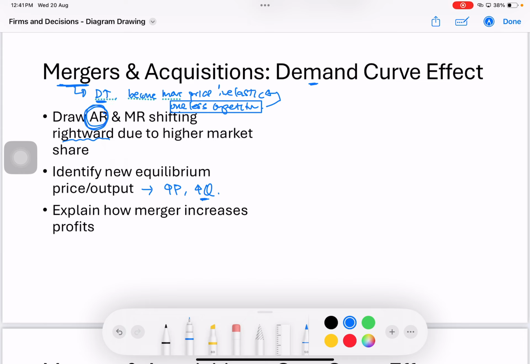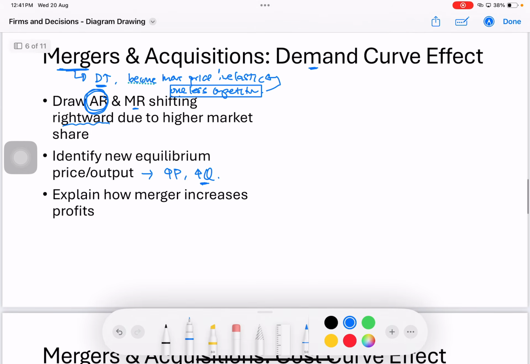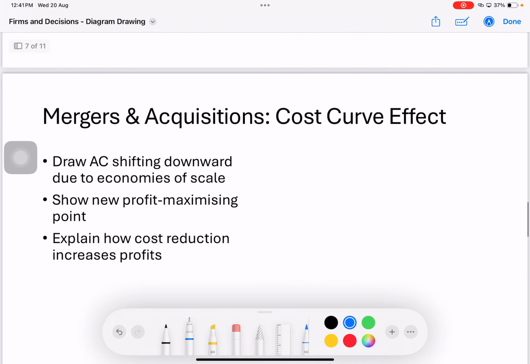Okay? MR didn't change. MR changed together with AR. Sorry. MR changed together with AR. So go back and draw. But after that, when it comes to the cost curve effect, please, your written explanation,